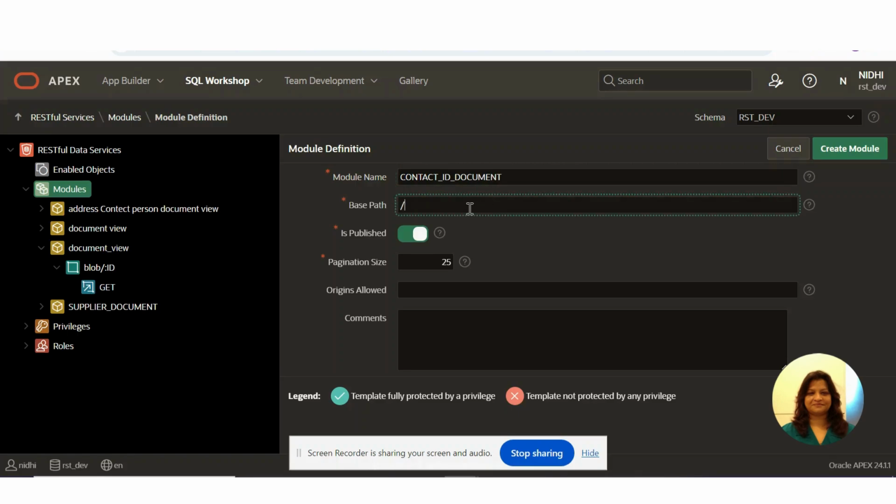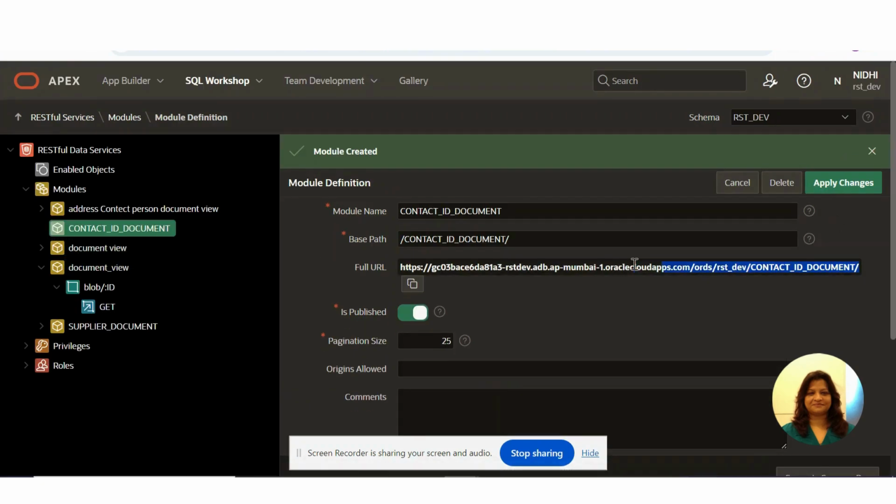I created the path: contact, contact ID, document. Correct, and created.